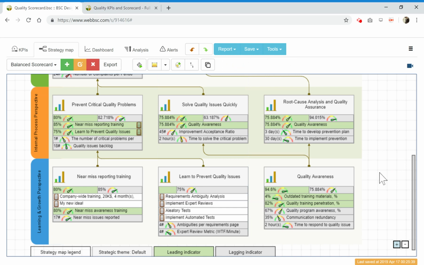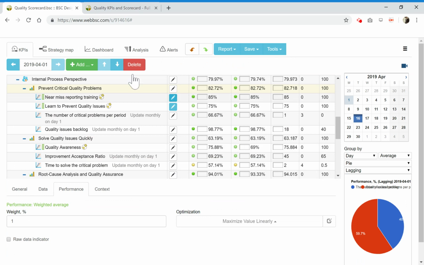So we're looking at improvement acceptance rate. If it's, for example, below 5%, we have a problem. If it is below 70%, we're doing great. And a similar indicator that I want to discuss is here. We have quality issues backlog. If you look at this indicator,